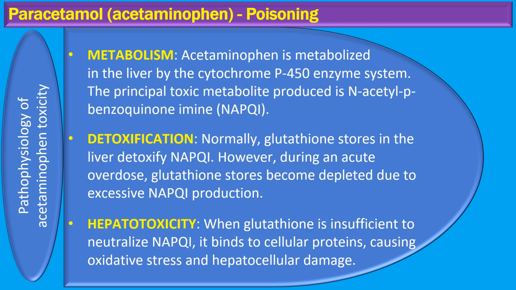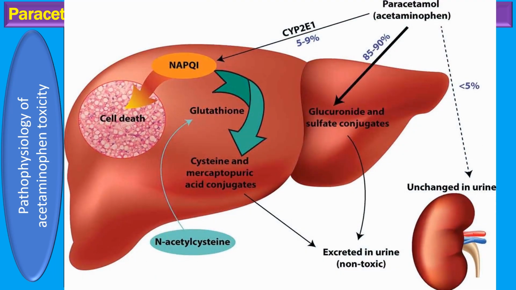But not all of acetaminophen takes this path. About 2% decides to be a rebel and exits unchanged. Meanwhile, the rest of it embarks on a more adventurous route. It undergoes a transformation by the liver cytochrome P450 enzymes, morphing into a substance called N-acetyl-p-benzoquinone imine, or NAPQI for short. Now, NAPQI is quite the character, reactive and potentially harmful. Under normal circumstances, our body is well prepared for this. A small amount of NAPQI is quickly neutralized by hepatic glutathione, turning into harmless compounds that are also excreted in the urine.